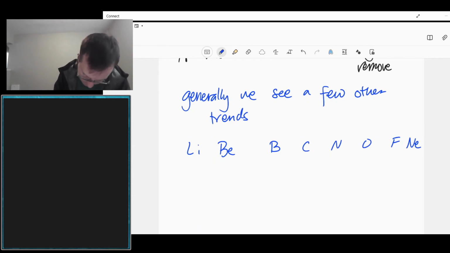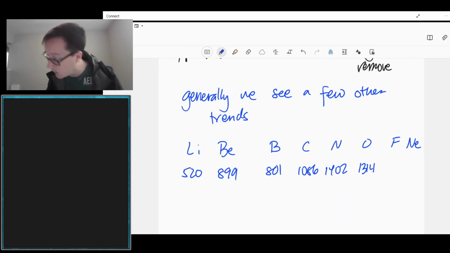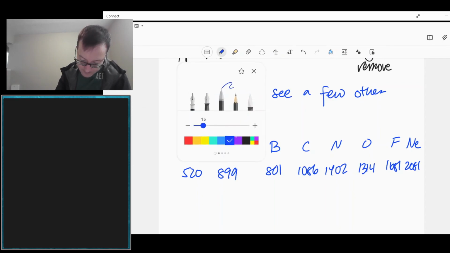So 520, 899, 801, 1086, 1402, 1314, 1681, and then 2081. So, of course, we do see it generally increases as we go left to right, but